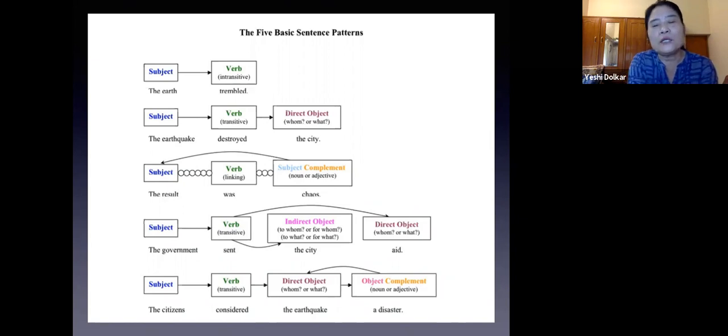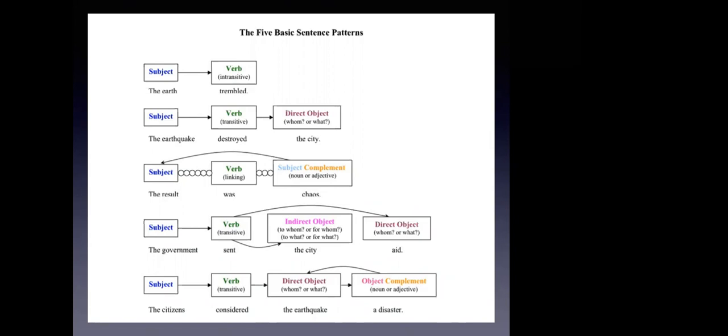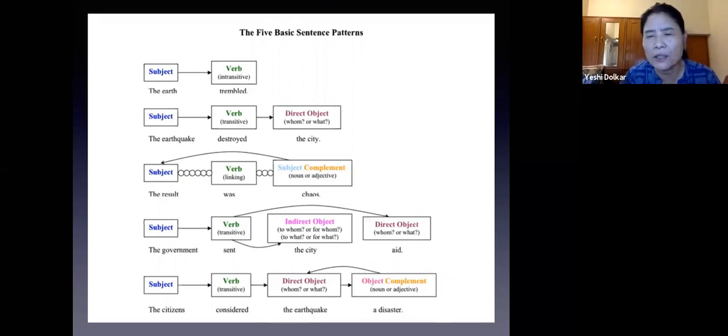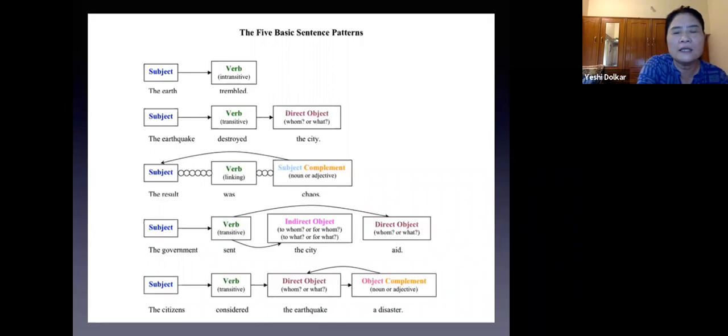So in this pattern, you can put an adjective or you can put a noun. Subject, verb. Can you see in all the sentences, the first is a subject, the second is a verb? The first and the second. Subject, verb, subject, verb. Do you understand? Okay, so that is how it's different. So we are looking at sentence 3. And we already finished with when you put an adjective here. Today we're going to look at what happens when we put a noun over here. Okay, so I'm going to move on.